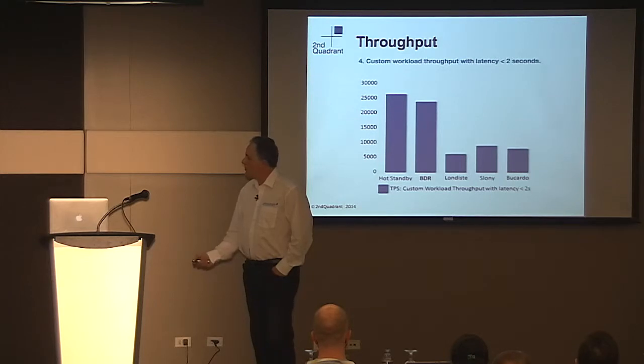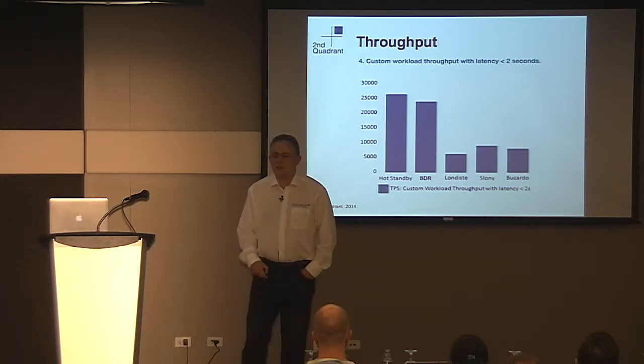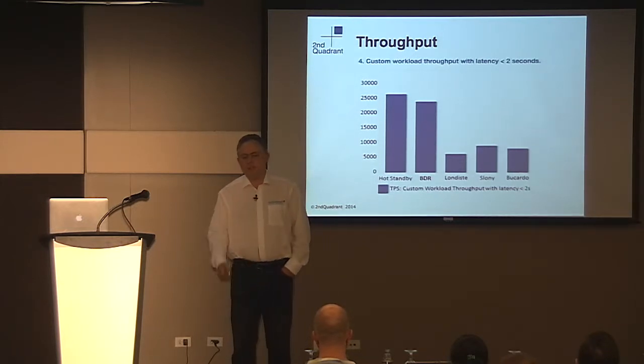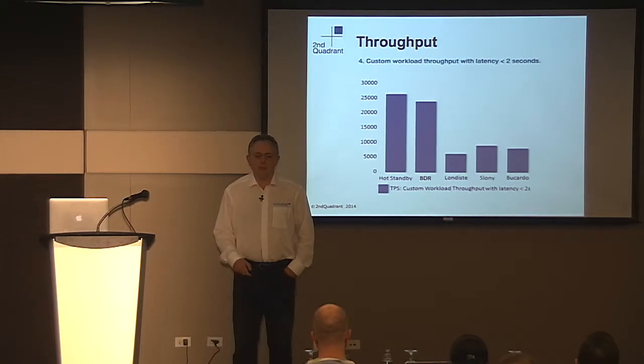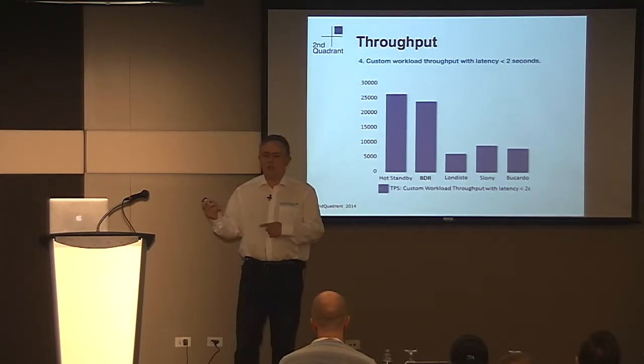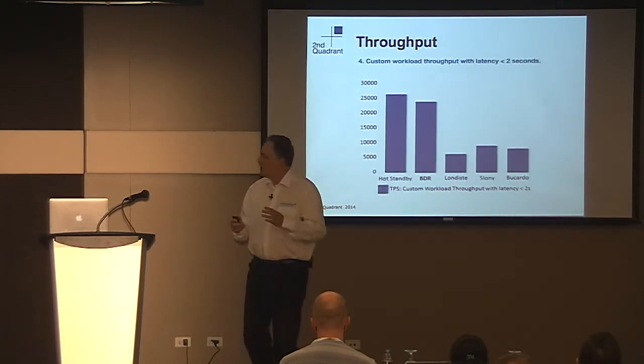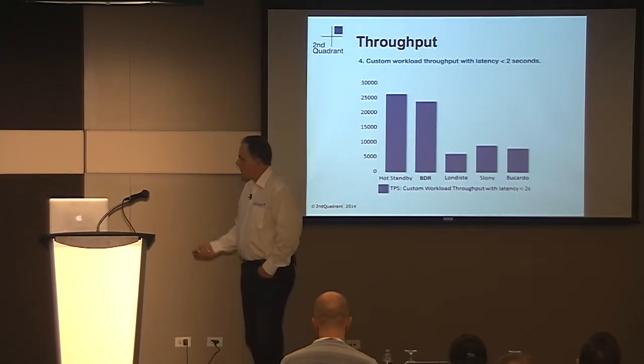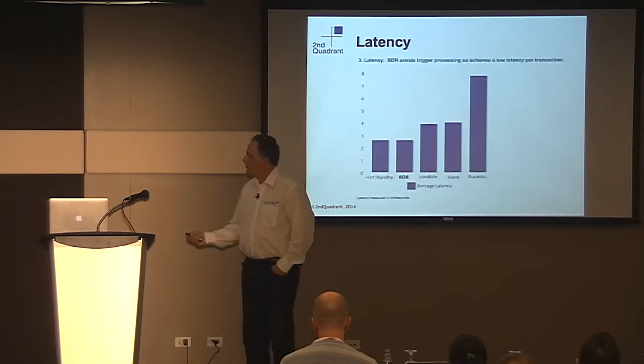So that's throughput. Now, obviously, it's possible to just run a load of stuff on one node and go, that's fast. But what you've got to remember is that it's asynchronous replication. So you've got to measure a steady state where all of the nodes are coping with the data that's coming from the other nodes. So testing the performance of these things is not trivial. If you do a trivial test, it can look even faster than this, but that's not a valid test. So these tests are sensibly valid.